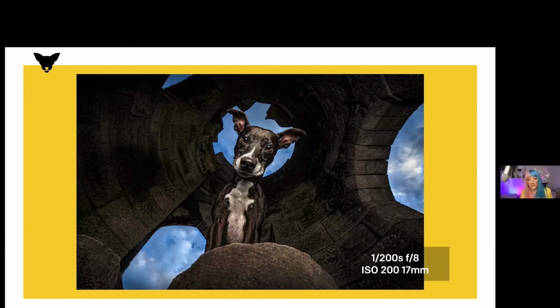That'd be nice framing. But on my first attempt, the Labrador's head was much further forwards, so it was covering up the majority of that hole, and you didn't quite get that same composition that we've got going on here. So if you try something and you think it wasn't quite how I envisaged, and you're not quite happy with it,